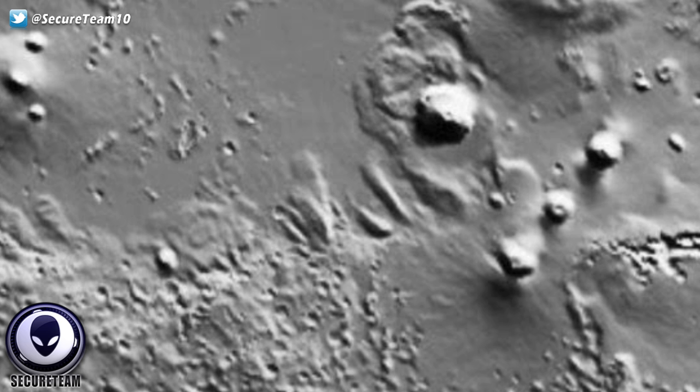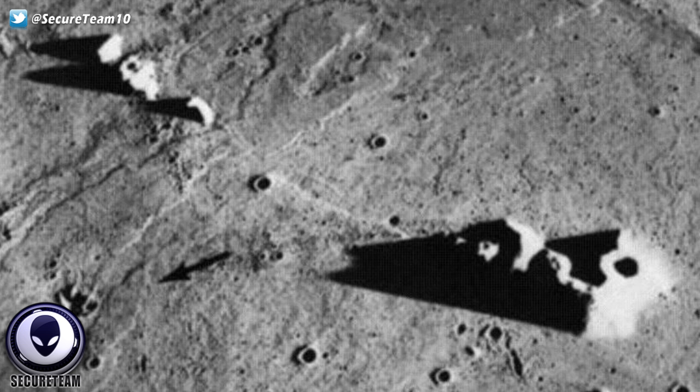But nonetheless, there are very interesting things on the moon. There are bases there. Another image you're seeing here of one of these structures that just simply does not belong. Once again, taken during the Apollo missions. You can see it here, multiple buildings. It's just simply asinine for anyone to sit and think using their intelligence, using the brain they have, and believe that the moon is vacant